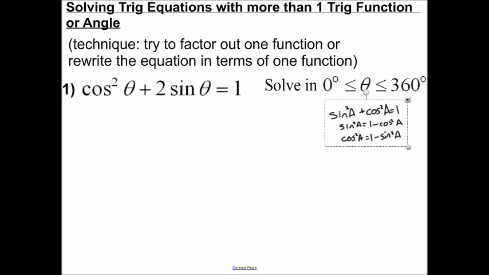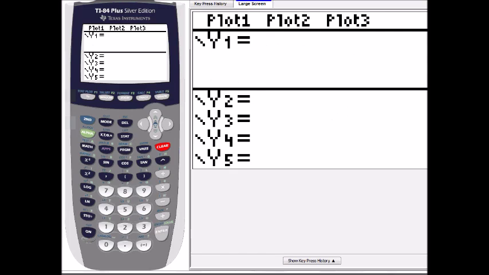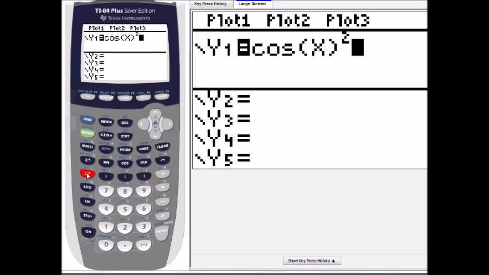First off, we're going to look at the graph to figure out how many solutions we anticipate having. So let's grab a graphing calculator. If you don't have one, just follow along. We're going to put in first cosine squared theta. You might say, how am I going to enter squared theta? You're going to go cosine of x, close it off. You got to close it because it's not the angle we're squaring, it's the function. Cosine of x squared,